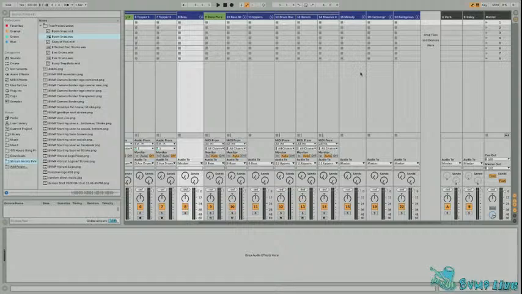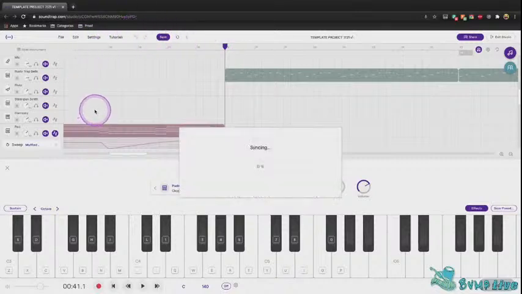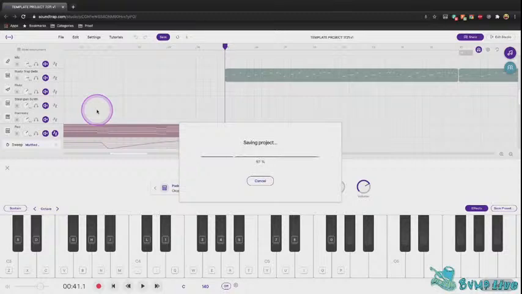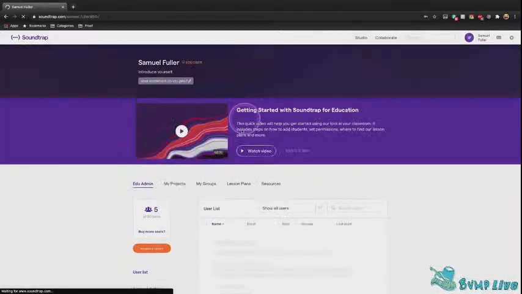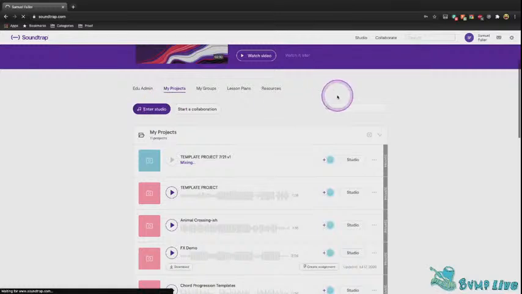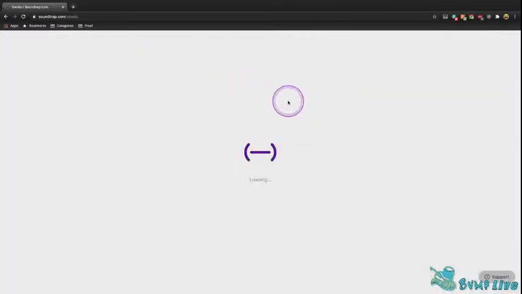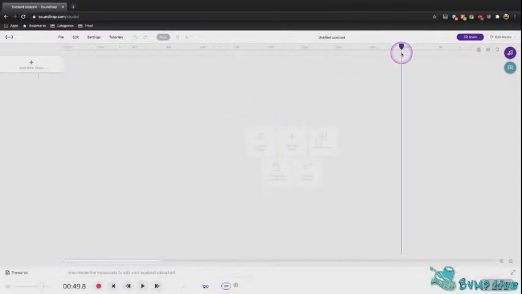Of course, you could load up a demo, like, let's say, if I go in here, go ahead and save this really quick. And if you were on the home page of Soundtrap, and this would be your username and all that, you wouldn't see user list, but you would see my projects. And if you were to enter the studio, start a new project in Soundtrap, it would look something like this. You end up with new project, new music, or a podcast. Of course, you're going to want to choose music on this. I'm honestly not sure what this does. Okay, so yeah, if you load it up in podcast mode,